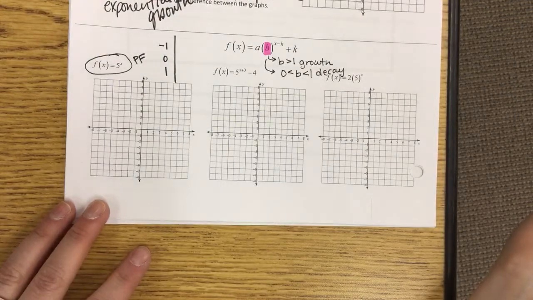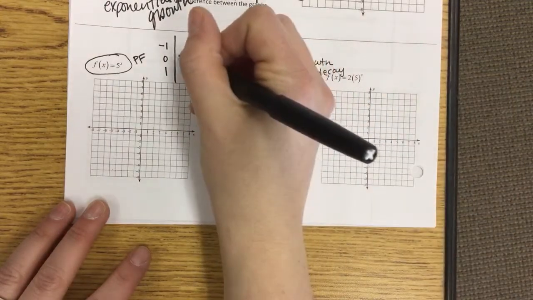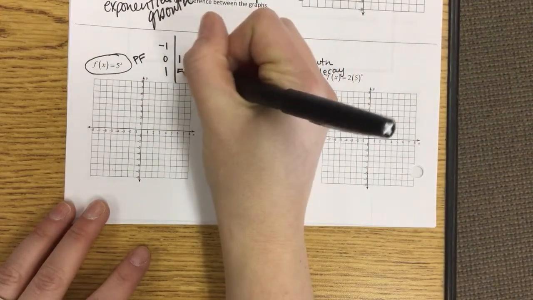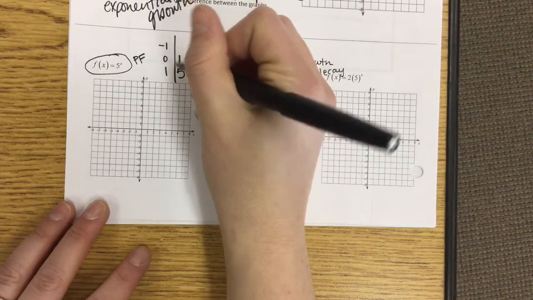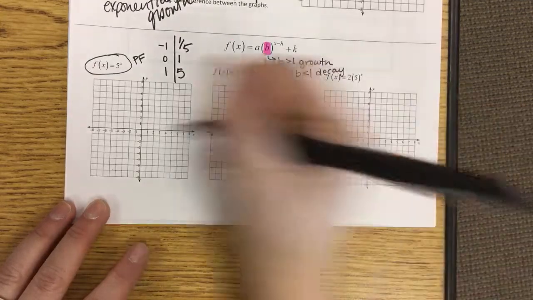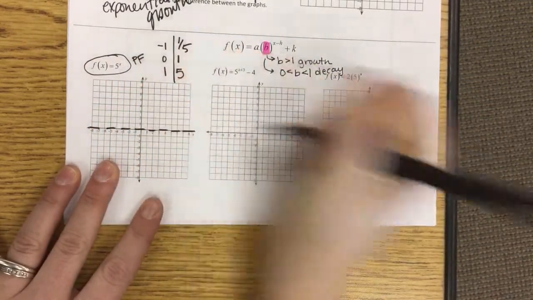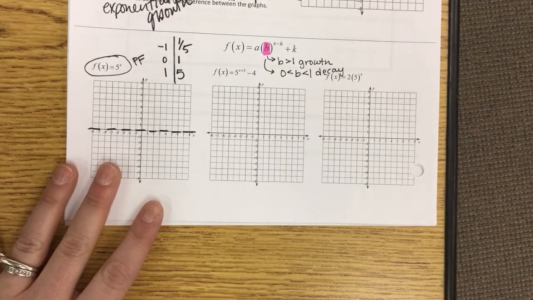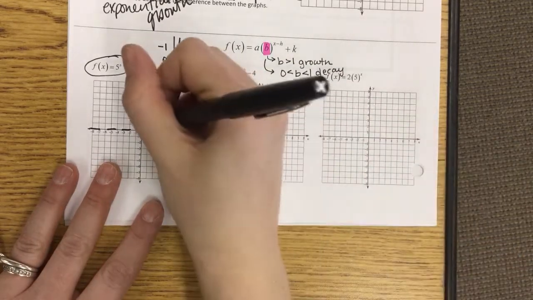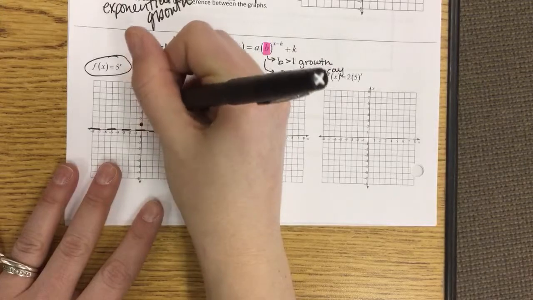So I have -1, 0, and 1 as my x's. So I have 0, 1, 1, 5, and then when I raise it to the negative 1, it's the reciprocal of that. So then I have 1/5. Now, my horizontal asymptote for this will be 0, y equals 0. And so when I go to plot these points,